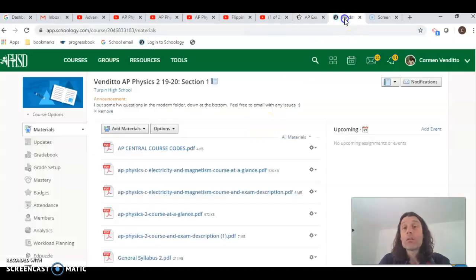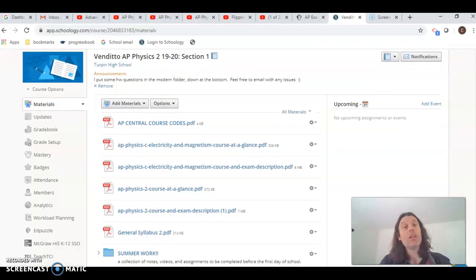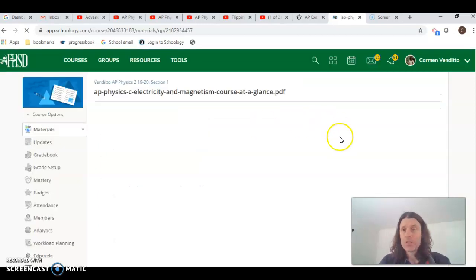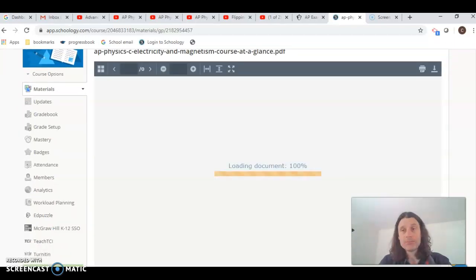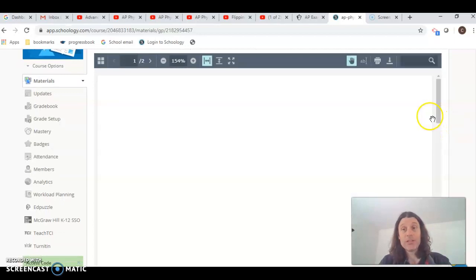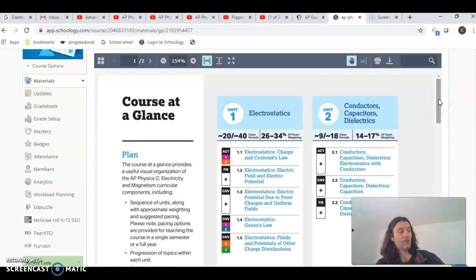I'm a teacher who cares, and way back at the beginning of the year, I put these documents on the Schoology page. The AP Physics E&M course at a glance, and then this is the much more detailed version of it. But the course at a glance document is a PDF that came straight off of the AP site. What it tells you again is what topics 1, 2, 3, 4, and 5 are, and the first thing they